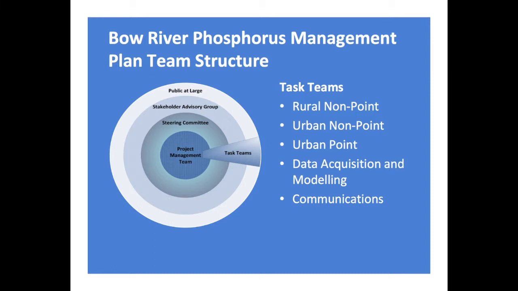Either they're outside the reach but want to know what's going on, or they're organizations that just don't have the staff capacity to be on the steering committee on a regular basis, or our social network analysis has identified them as people who want to know what's going on. So the intent is to have regular meetings with the stakeholder advisory group to update them on the progress of the planning. Then we have the public at large, and the public at large has not really been involved yet. They will be in the implementation phase once we start going out to implement the strategies and actions that have been identified in the plan.